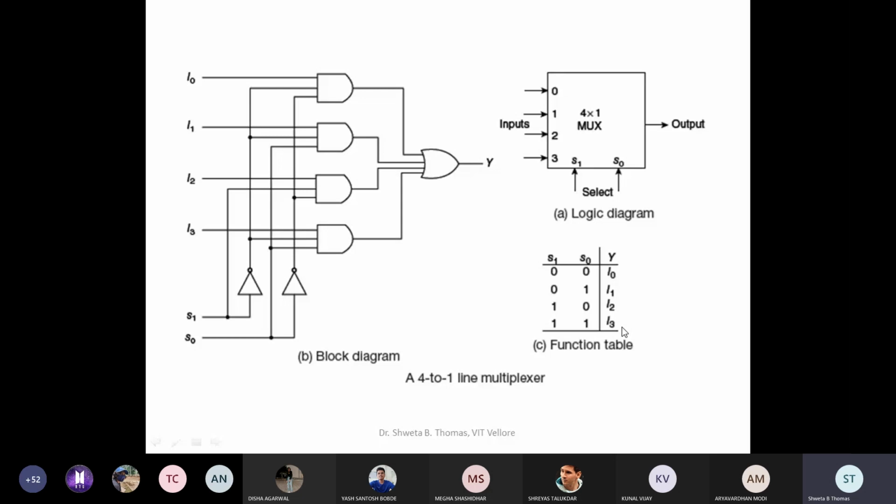Same as that of your encoder. There is no difference. If you are saying both encoder and multiplexing, the things are same, then this is also correct only. So if you want to develop the logic diagram, this one you can do. But this is not required for today's lab.